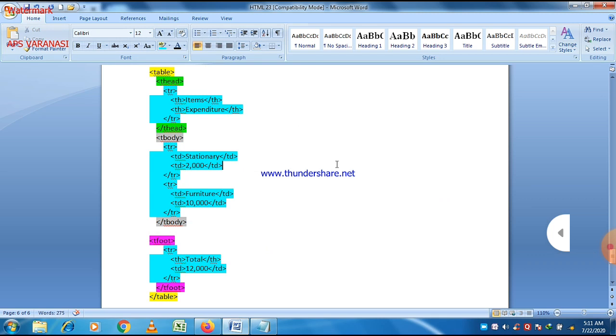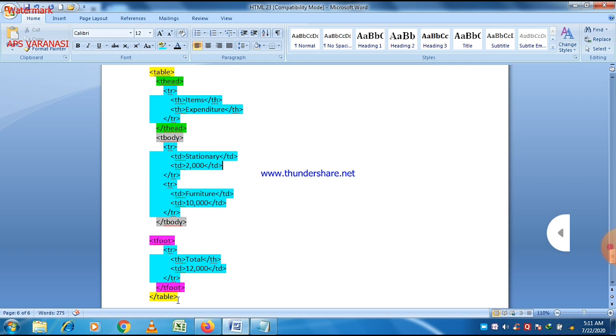You can see that different sections are represented by different colors here, and all these sections are defined within the table tag marked with yellow color, and all the data belonging to those sections are defined with the same color. So you can see here that T head, T body, and T foot are the three sections of this table. Rest we always use TR and TD tag within the table, so we're already familiar with this concept.